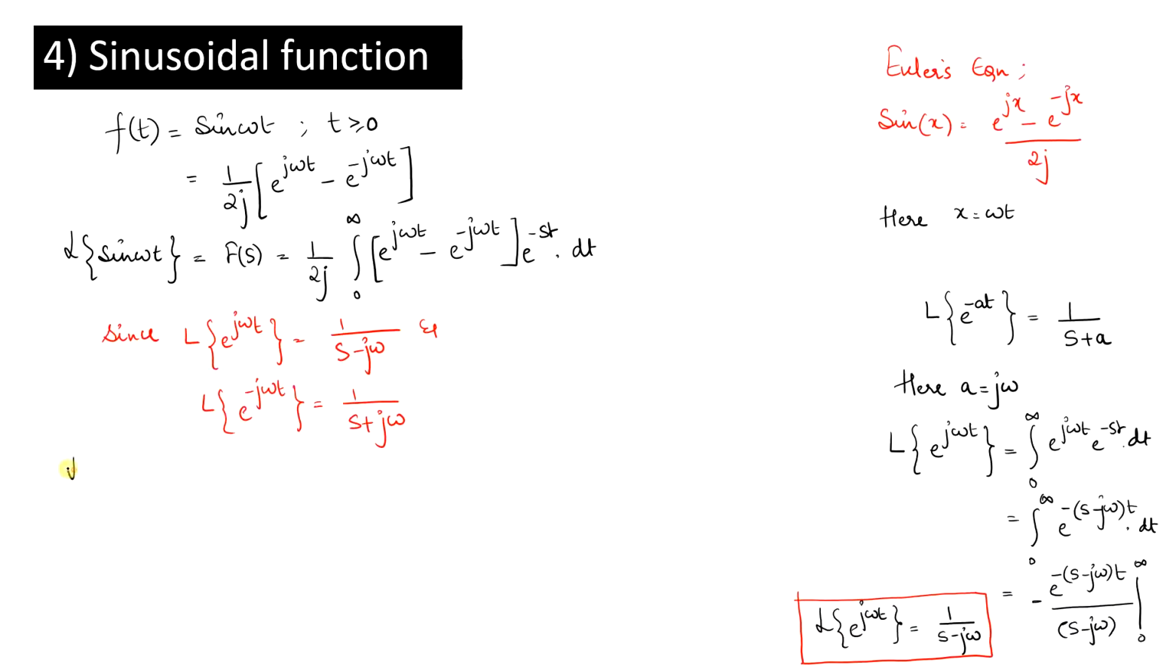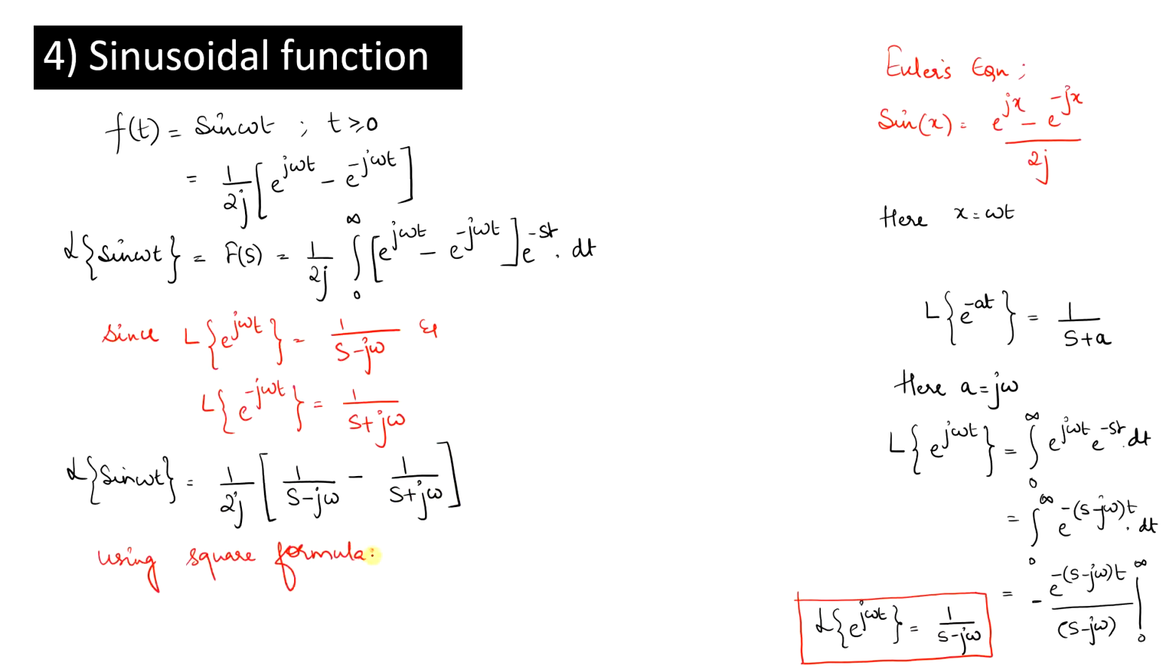Laplace transform of sine omega t is equal to 1 by 2j into 1 by s minus j omega minus 1 by s plus j omega. Now, using the square formula, you have a minus b into a plus b is equal to a square minus b square. So use this and substitute this further. So I can write this as